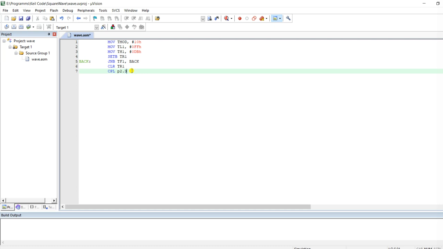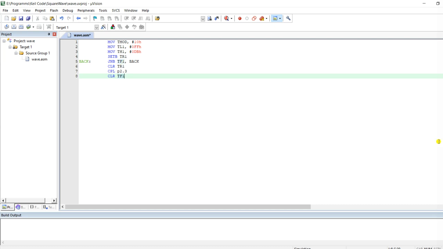Since the timer flag has been set to 1, we will again clear it. So I will write CLR TF1. We have to clear timer flag 1. Now the timer flag has been cleared, and in this way we have created one wave.